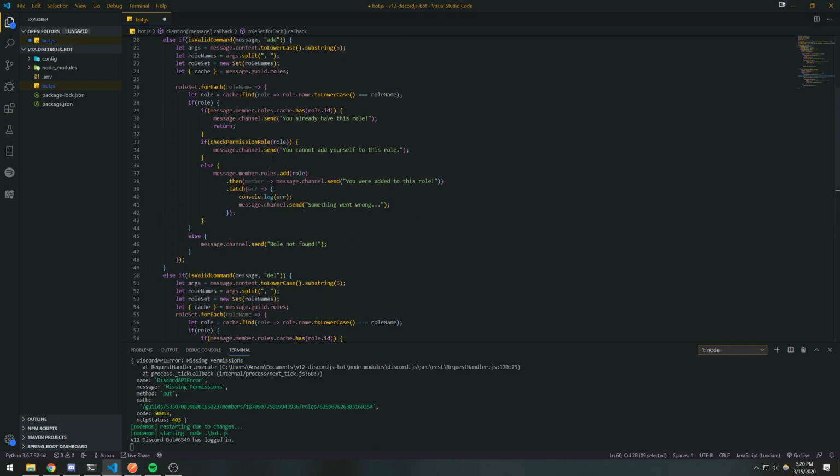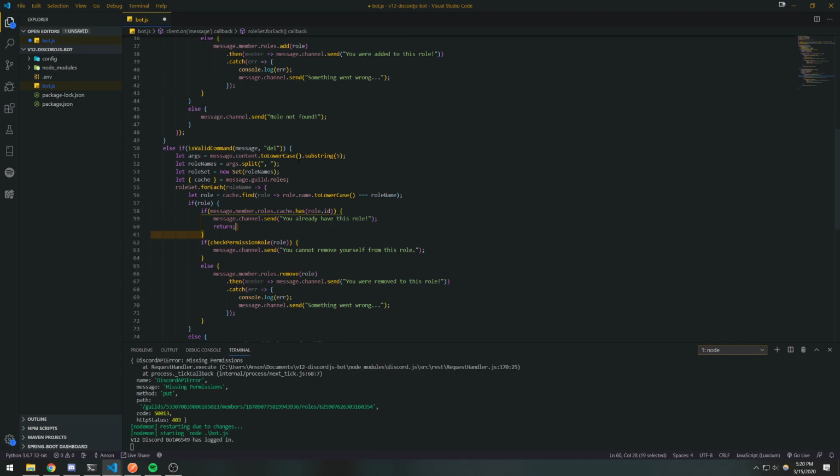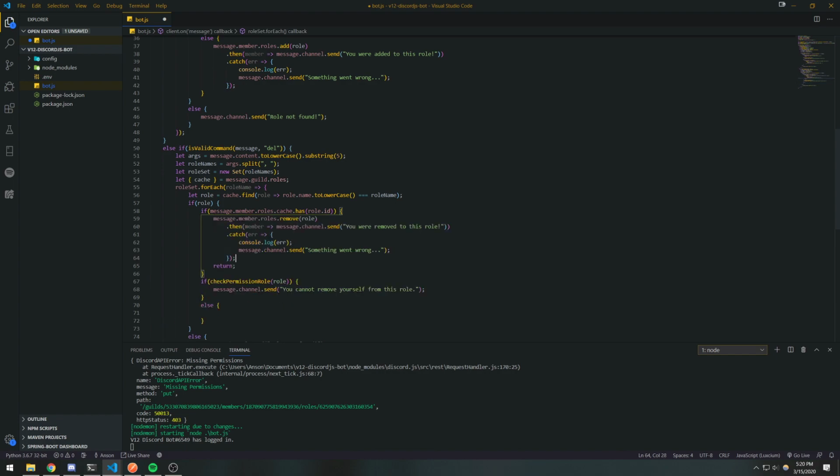Now in the add role command, we had to check to see if the user already had the role, and if they did, we weren't going to add them to it. But this time it's going to be a little bit different. We're going to check to see if the user already has the role, and if they do, then we're going to remove them from the role. So we're going to get rid of what we just got up there, cut that, and paste that up here. Again, if the user has the role,